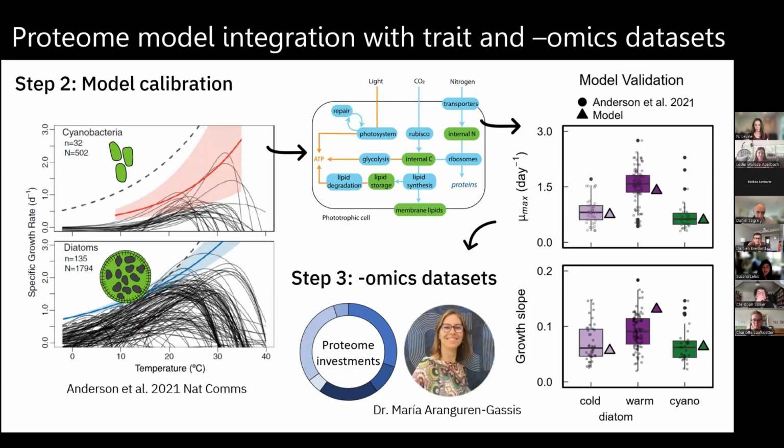But after doing this validation, we also worked with Dr. Maria Aranguren-Gasses to validate our modeling predictions against a proteomics data set. We can do that in a qualitative way, where our model tells us whether a pathway was up or downregulated from environment A to environment B, and we can compare that against the omics data set. While this was done qualitatively for this work, I invite you to chat further with Ariana Krinas, who is applying this model in a more quantitative way with transcriptomic data sets.